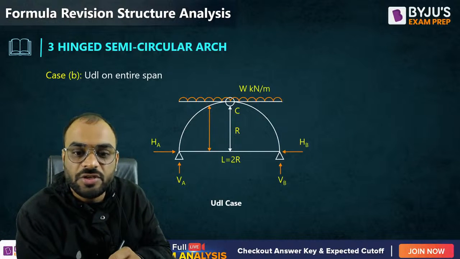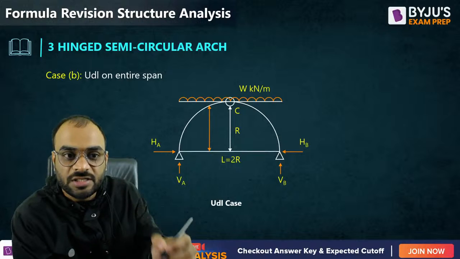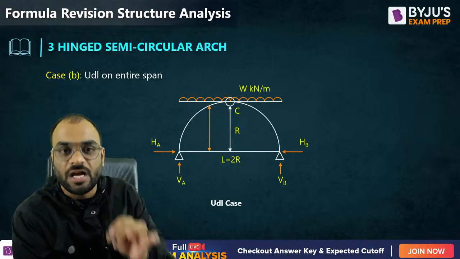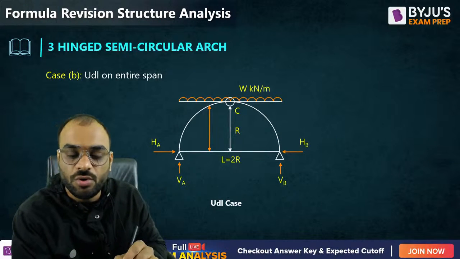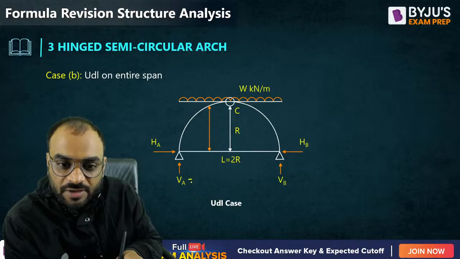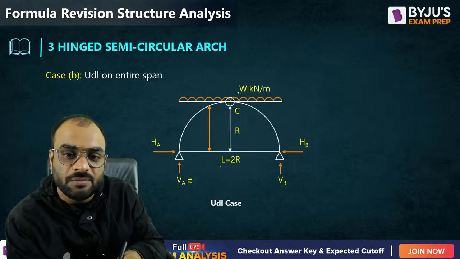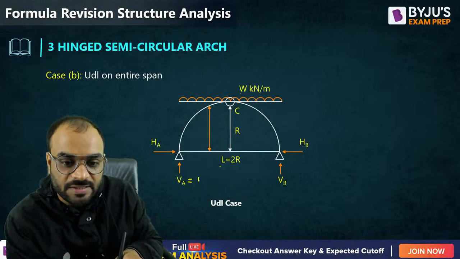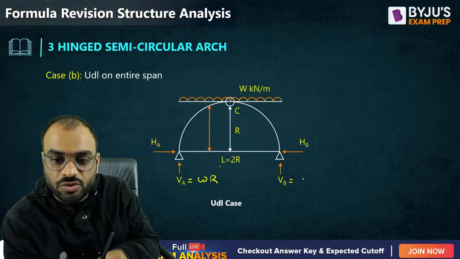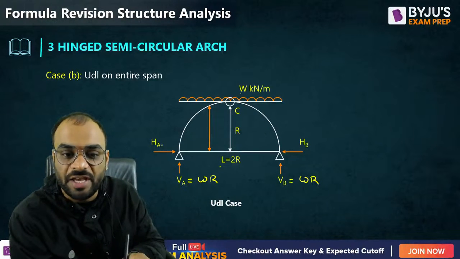Next one, if a UDL is there on the entire span in case of 3D hinge semicircular arch, then what should be the value of HA? What should be the value of HB? So first of all, what is the value of VA? W into L by 2, that means W into 2R divided by 2, that means this is WR and this one is also WR. Now let's calculate the value of HA and HB